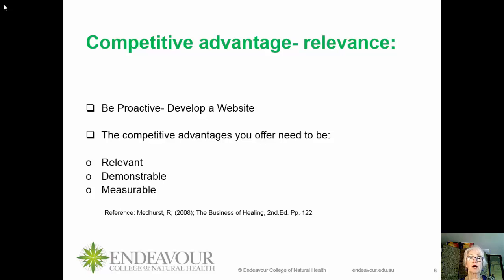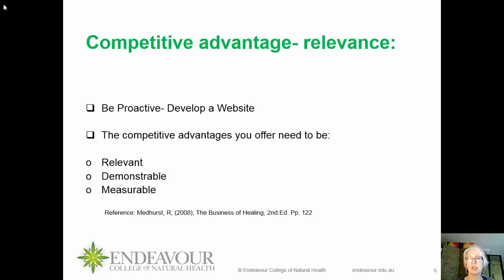So the competitive advantages you offer need to be relevant to the clients out there. So you need to make sure that it's going to actually be meaningful for the client, that it's going to actually pull them in, magnetise them to you. They need to be demonstrable, so you can't say I'm opening on a Monday and you don't turn up on a Monday because you say, oh, I haven't got any clients today, I think I'll stay home and do some housework instead, or some project work instead.